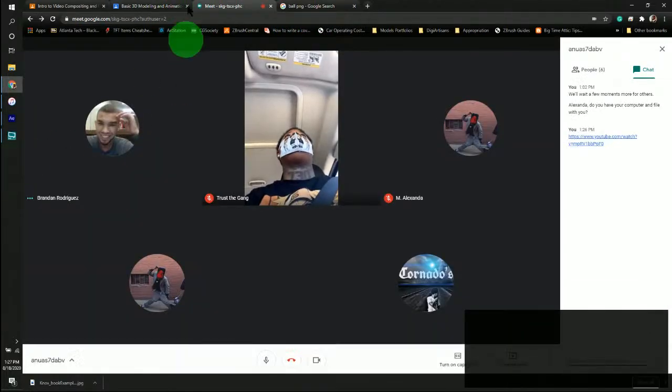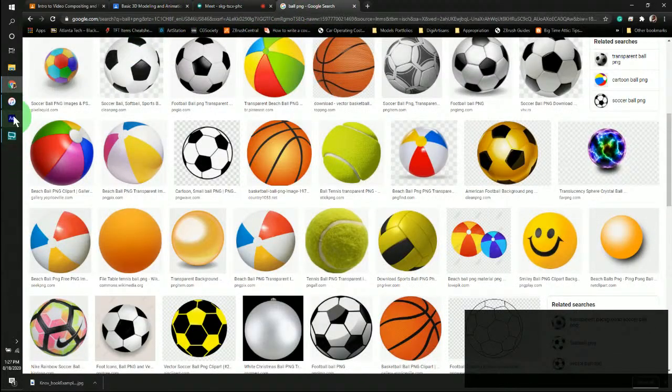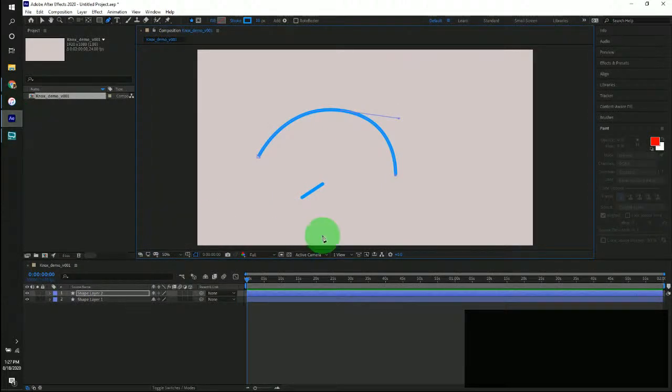Okay, guys. So today we're going to be getting into the bouncing ball. Very, very classic assignment for animators of all types, digital and traditional. And what we're going to do is just make a ball bounce across the screen. All right. So to get into something new here,